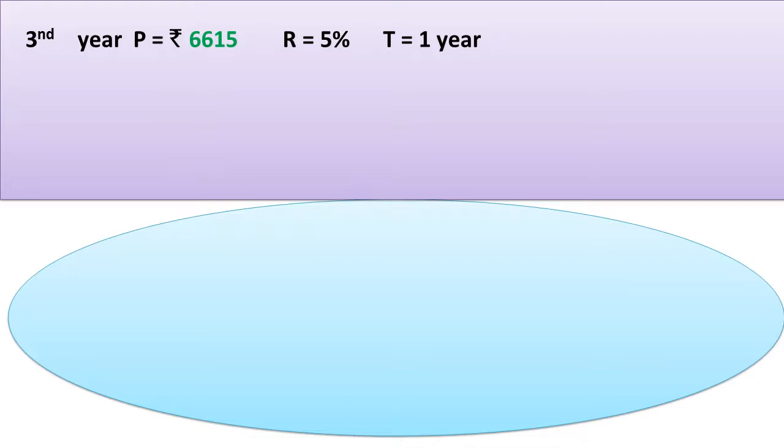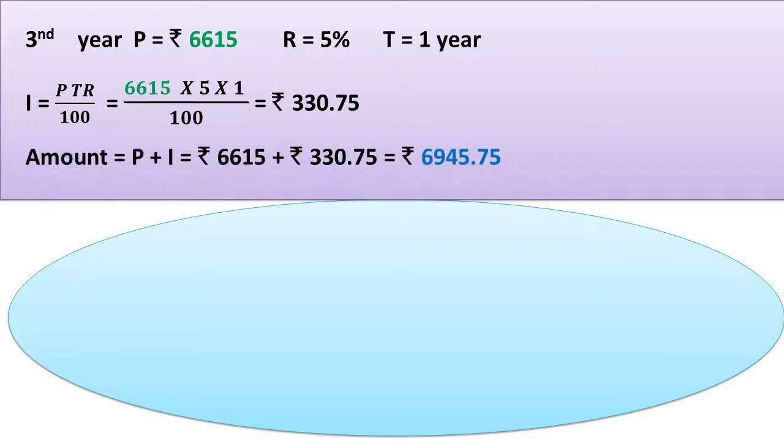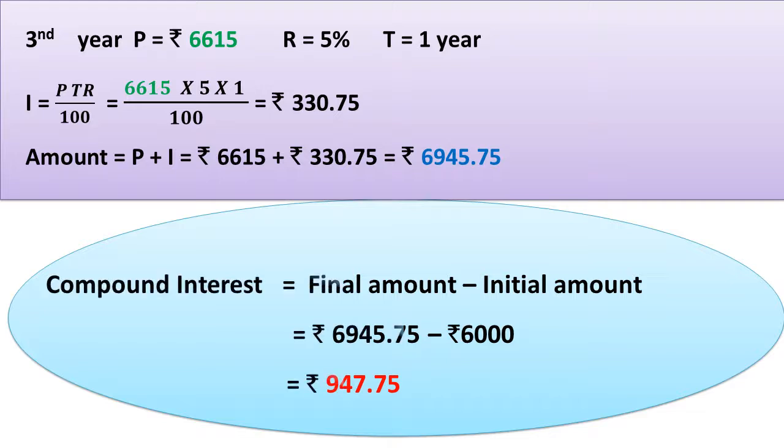Exercise 2A, question number 1. Rupees 16,000 is invested at 5% compound interest per annum. Use the table given below to find the amount in 4 years. With the given information, it is clear that the principal amount is rupees 16,000 and the rate of interest is 5%, and the interest is calculated and its conversion period is per annum. That is, every year the interest is to be calculated. Let us proceed with the solution.